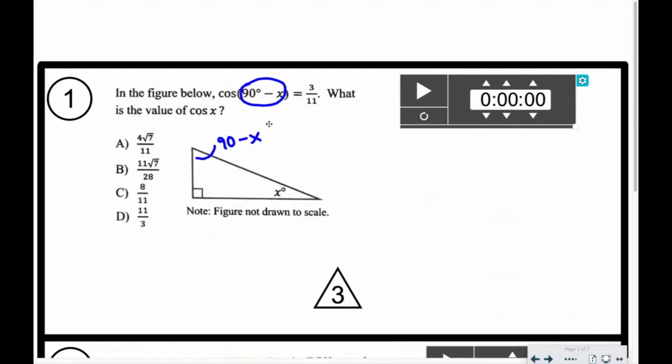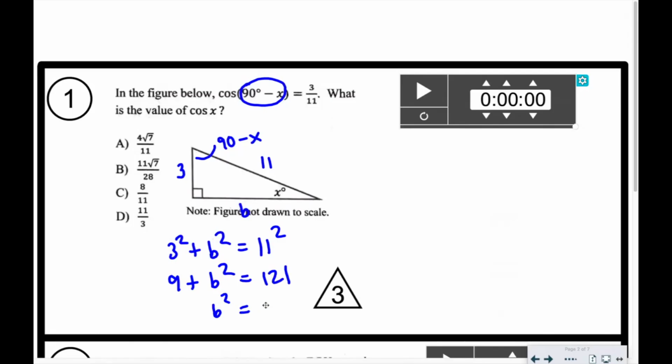All right. So what they're really saying is the cosine of this angle is 3 over 11. So this is the adjacent side, and that is the hypotenuse. And then we want the cosine of this. So we're going to need this adjacent side from this angle. Well, we just need to do the Pythagorean theorem. So maybe I'll call that b. So we have 3 squared plus b squared equals 11 squared. We have 9 plus b squared is 121. And then we have b squared is